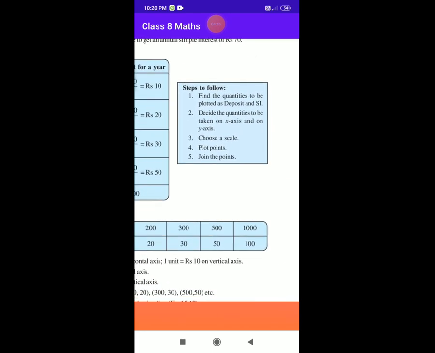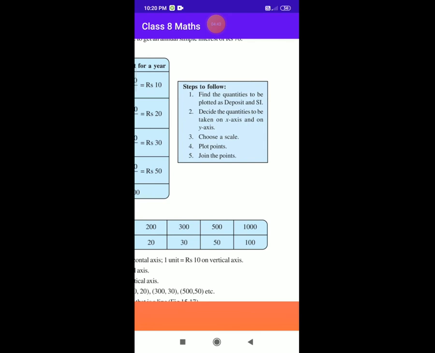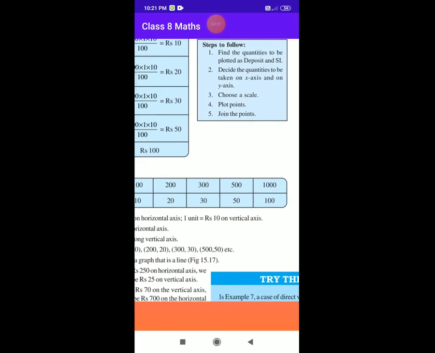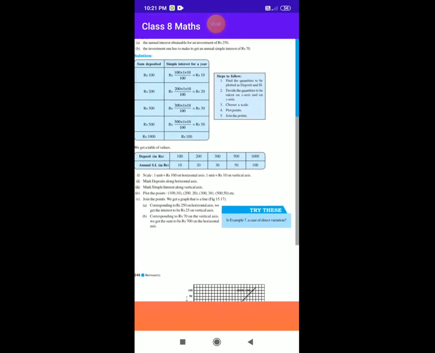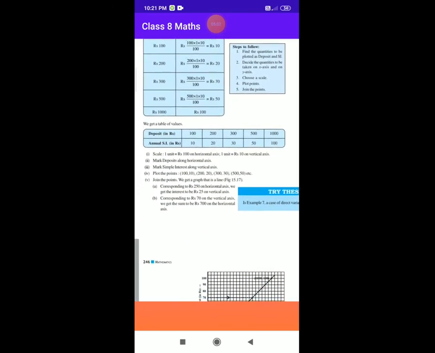सबसे पहले step 1, find the quantity to be plotted as the deposit and simple interest. Second, decide the quantities to be taken on x-axis and on y-axis. Third one, choose the scale. Fourth, plot the points, and last, join the points. Now we get a table of the values. Deposit in rupees is 100, 200, 300, 500 and 1000, and annual simple interest in rupees is 10, 20, 30,